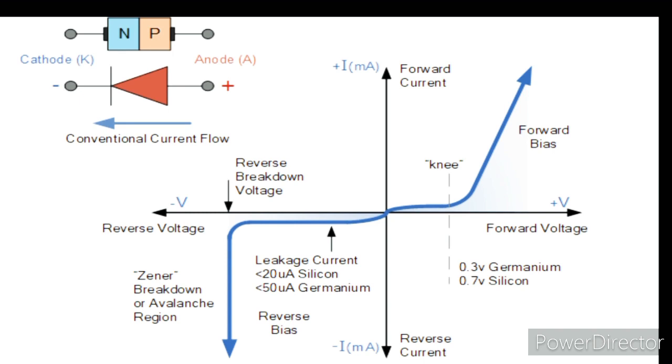Now we study the germanium material. It is similar to silicon, the only difference being that when we apply 0.1 volt to the diode, only leakage current flows. It acts as a non-conductor or insulator. Similarly at 0.2, and then at 0.3 volt the diode acts as a conductor and the current starts to flow. That is the forward bias condition of the PN junction diode.